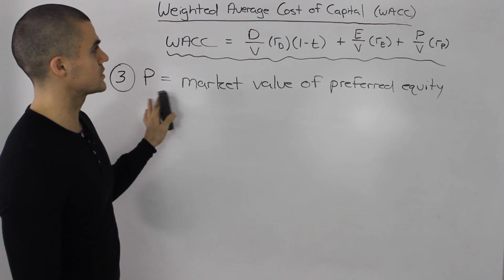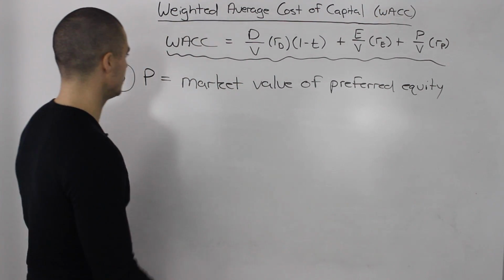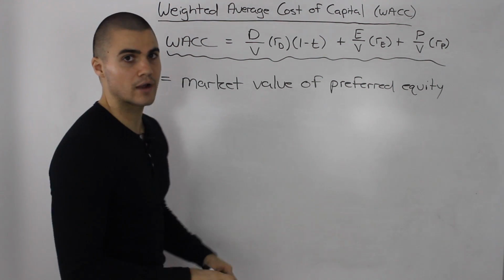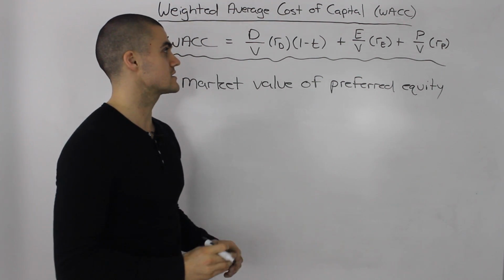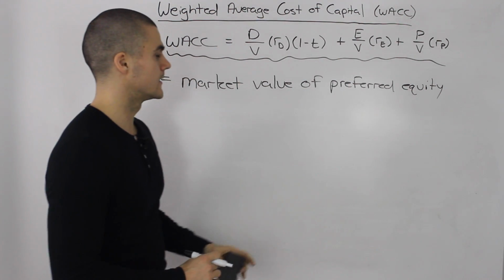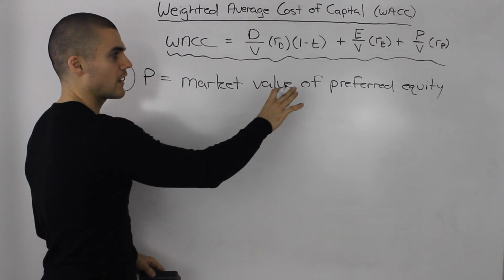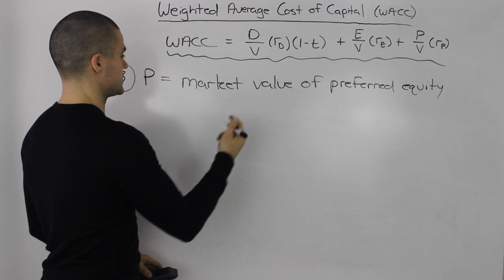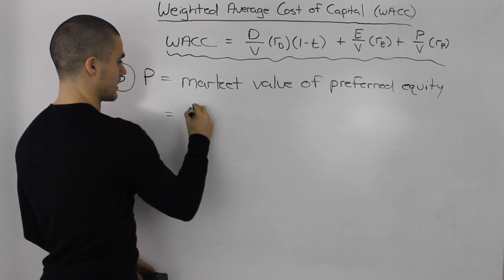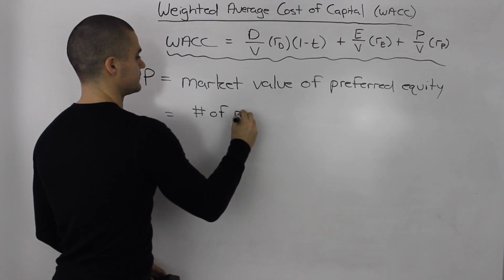So now we're going to go into detail about this portion here, this P. And the P is the market value of preferred equity, and preferred equity is the easiest to deal with out of the debt, equity, and preferred. Again, sometimes the question will give you the market value of the preferred equity, which is easy. It's just the P. If not, then how you calculate it is the number of preferred shares